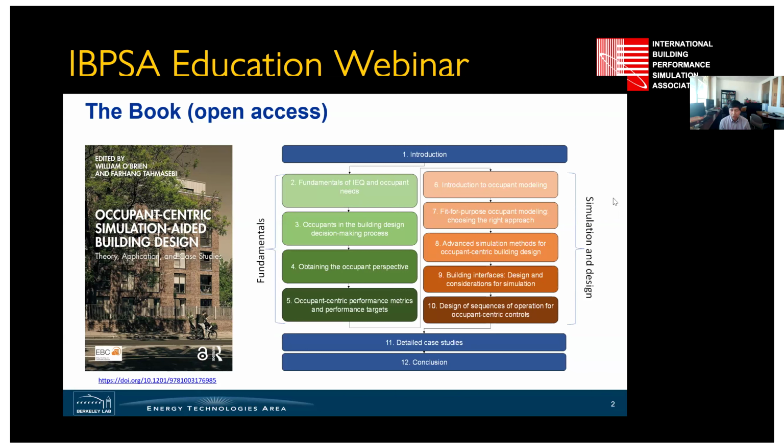So very important, there's a chapter dedicated to case studies, and those are very nice examples that illustrate the previous chapters and how those techniques apply in real building projects. I think those are real-world examples, and definitely worth taking a close look. So this is the book.